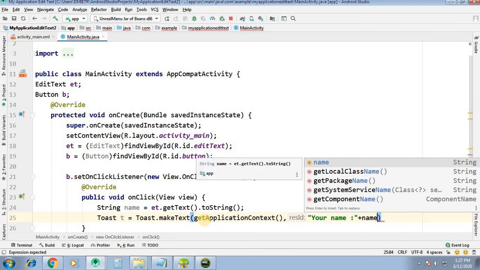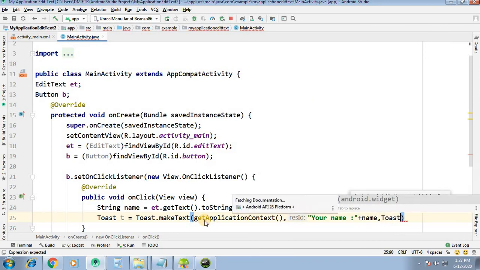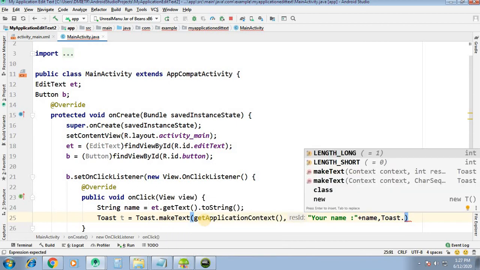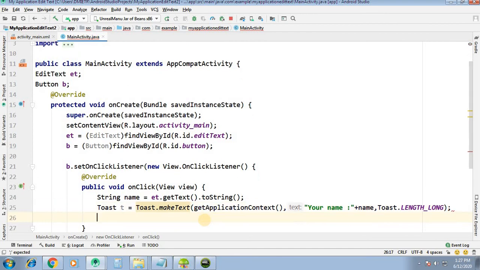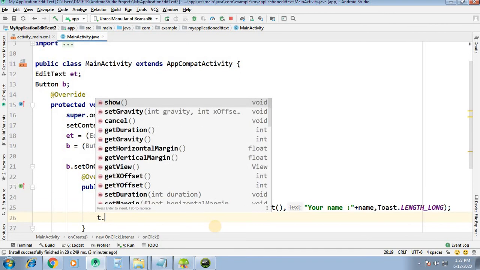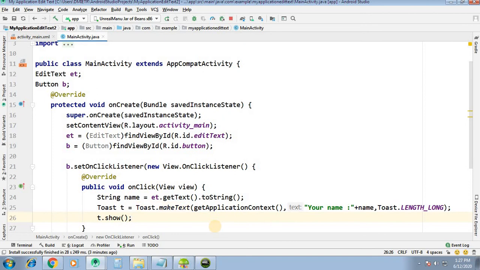Okay, and the comma, length, Toast.LENGTH_LONG, and then we will show it, t.show. Okay, so when we run this,